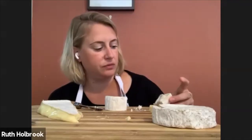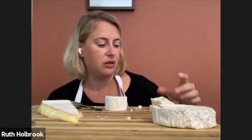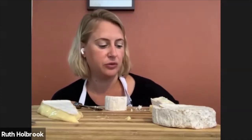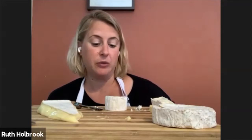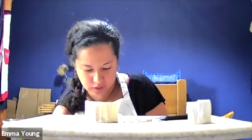Let's do general comments on that one. What do you think? Lovely, clean flavour with some fudginess and also quite refreshing. Really thin rind that just kind of disappears in your mouth, which is what you want. Very pretty and versatile. Perfect. Versatile. Okay, so